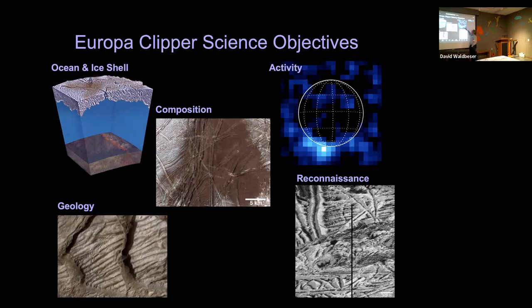Then the cross-cutting theme, number 4, is: is Europa active? How active? Are there plumes? Is Europa cold and dead today, and we're wrong to think that it's active today? Maybe it was active 100 million years ago, and it'll be active again 100 million years from now, which is